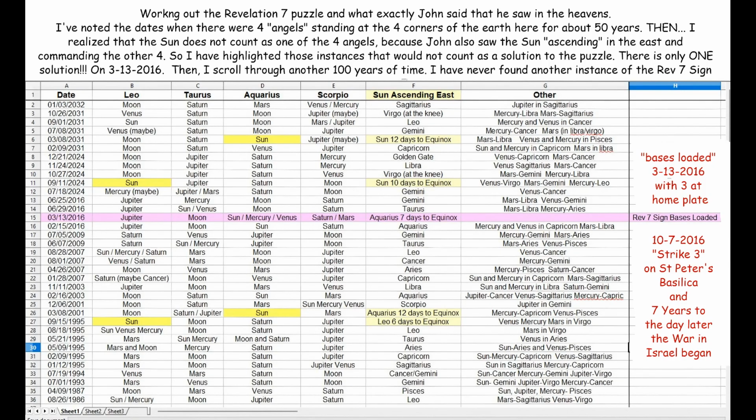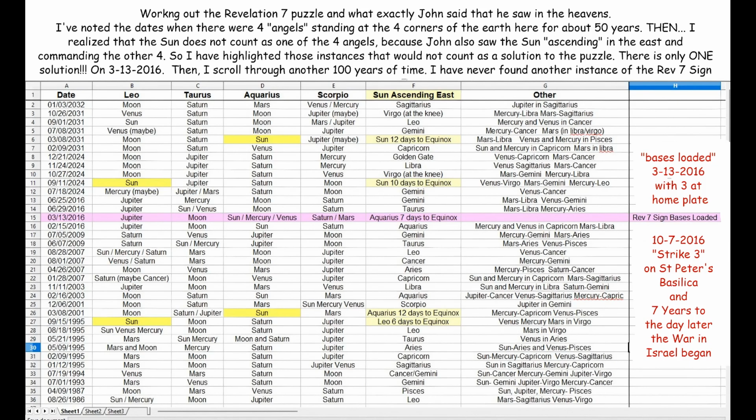If I ever found that all four of the corners or constellations of our current equinoxes and solstices for the age of Aquarius, just as John gave us in chapter 4, were all four occupied at the same time, like he told us he saw in chapter 7, then I noted it on my spreadsheet here. And I noted which four angels or planets exactly were occupying those four constellations, which are the four corners of the earth for the age of Aquarius.